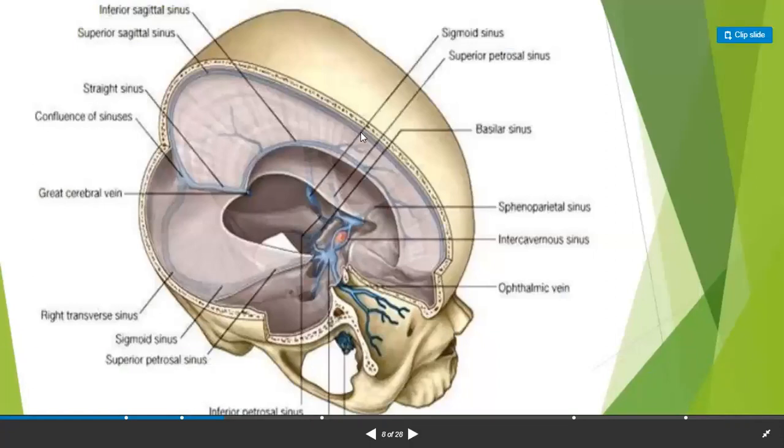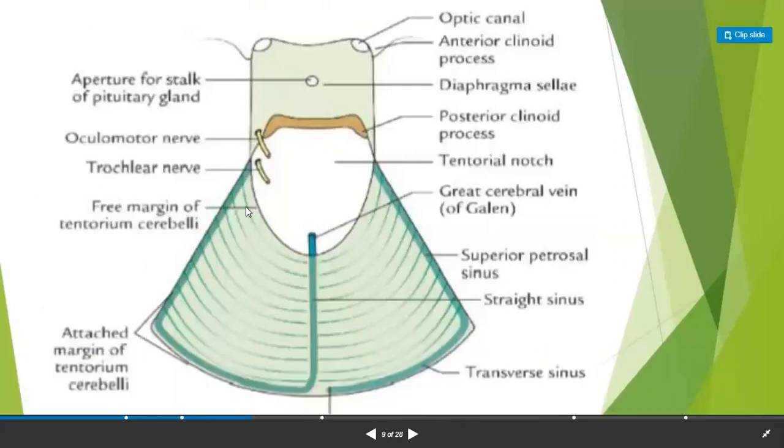You can see the picture again. This is the falx cerebri. This is the tentorium cerebelli. Here you will have the diaphragma sellae. Lower down on the inferior aspect of the tentorium cerebelli, we will have the falx cerebelli. This is a tent-shaped fold of dura mater, and this is all the attached margin. You can see the posterior clinoidal process, then the petrous part of the temporal bone, transverse sulcus, and internal occipital protuberance. Then this is the anterior free margin, which is attached to the anterior clinoidal processes, and this notch is the tentorial notch.